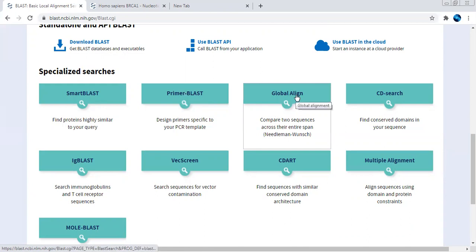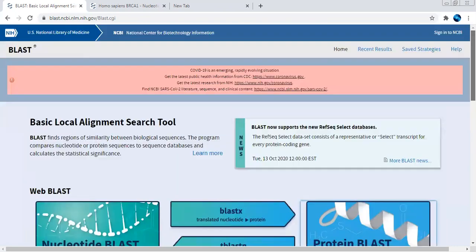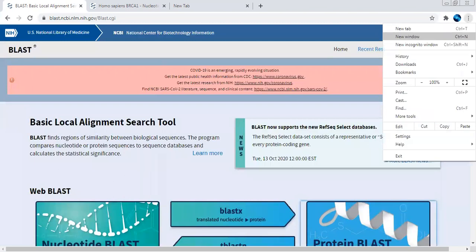Global BLAST is nothing but it will align the global sequence of the particular target which you have given, with respect to the Needleman and Wunsch algorithm. And you can find multiple options over here, that is multiple alignment or other different searches with respect to your interest. So I will show you how we can run the search from here.